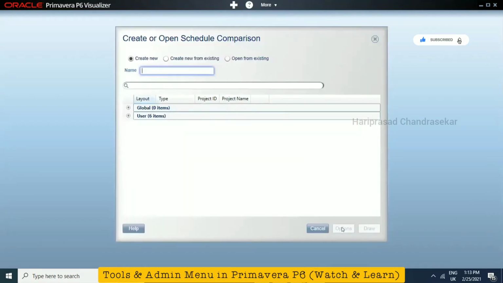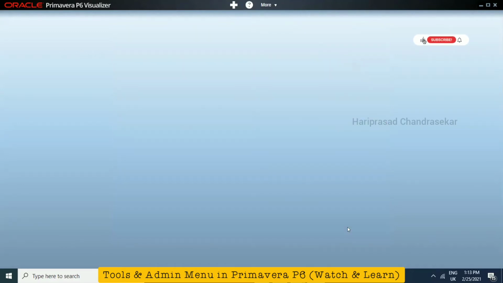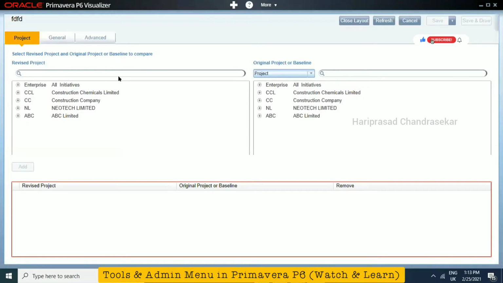Schedule comparison. We have options right here. See, once you're putting the name, then you are available with options. Then you select the option, and you can choose two different projects. See, for example, here I am just going to choose this project.